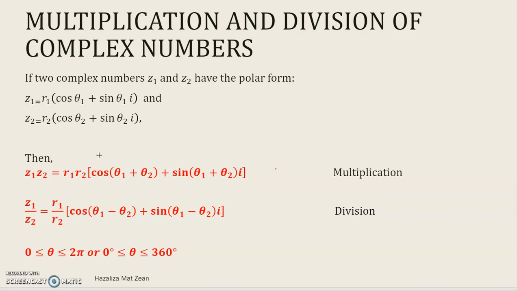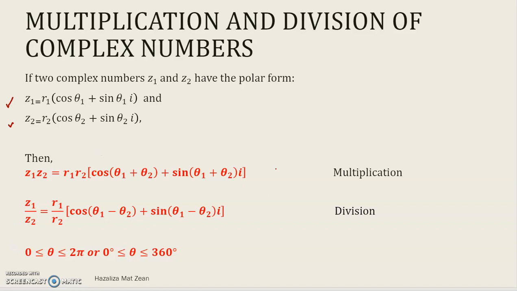If we have two complex numbers, Z1 and Z2, in polar form, Z1 is R1 (cos theta 1 + i sin theta 1), and Z2 is R2 (cos theta 2 + i sin theta 2). The formula for multiplication is we multiply R1 and R2, and then for the argument,